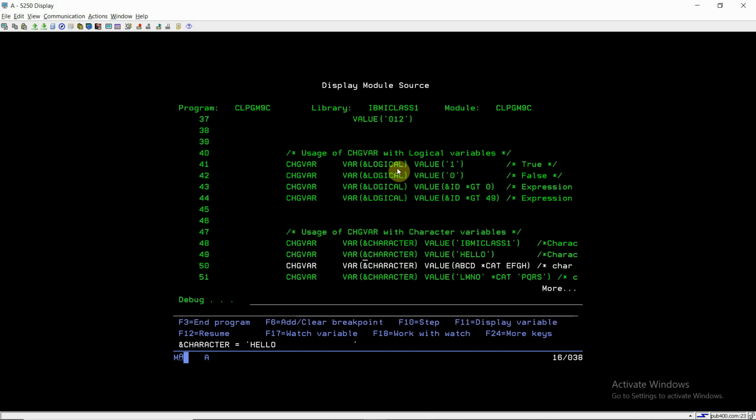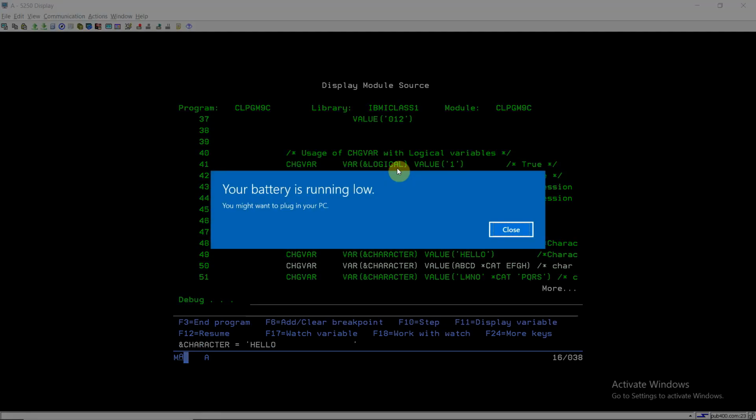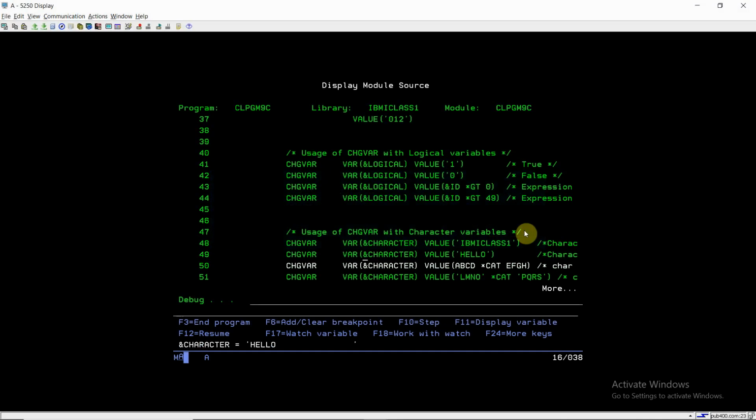Now this is having hello, because I already told you that first all the positions of that value will be cleared, then the value will be assigned to the variable. Sure. So now the value in the character variable is hello.